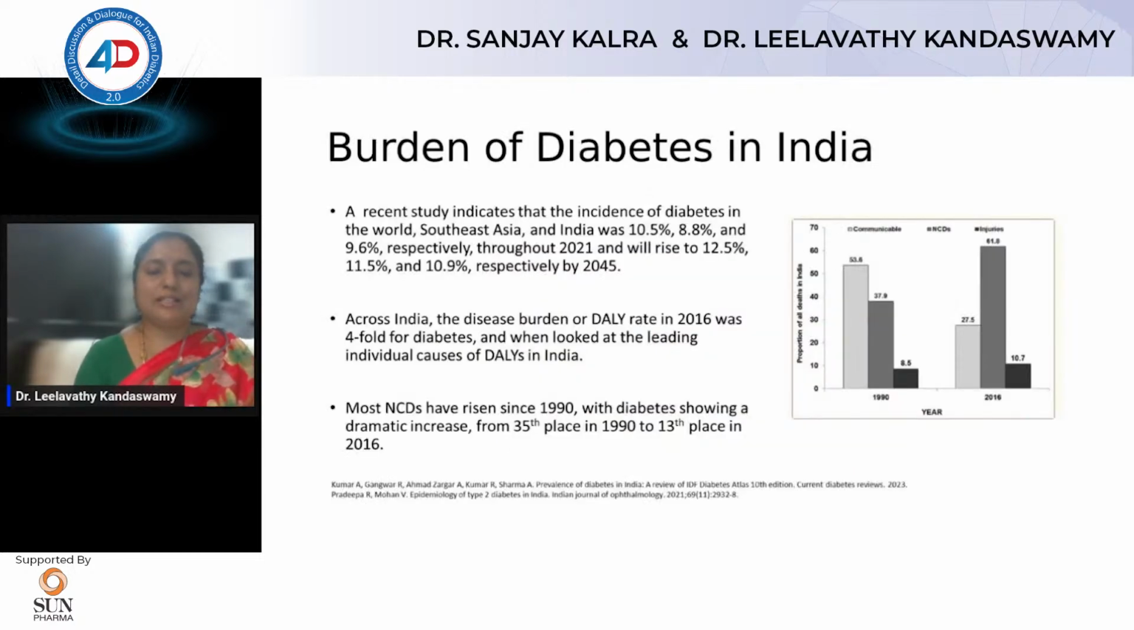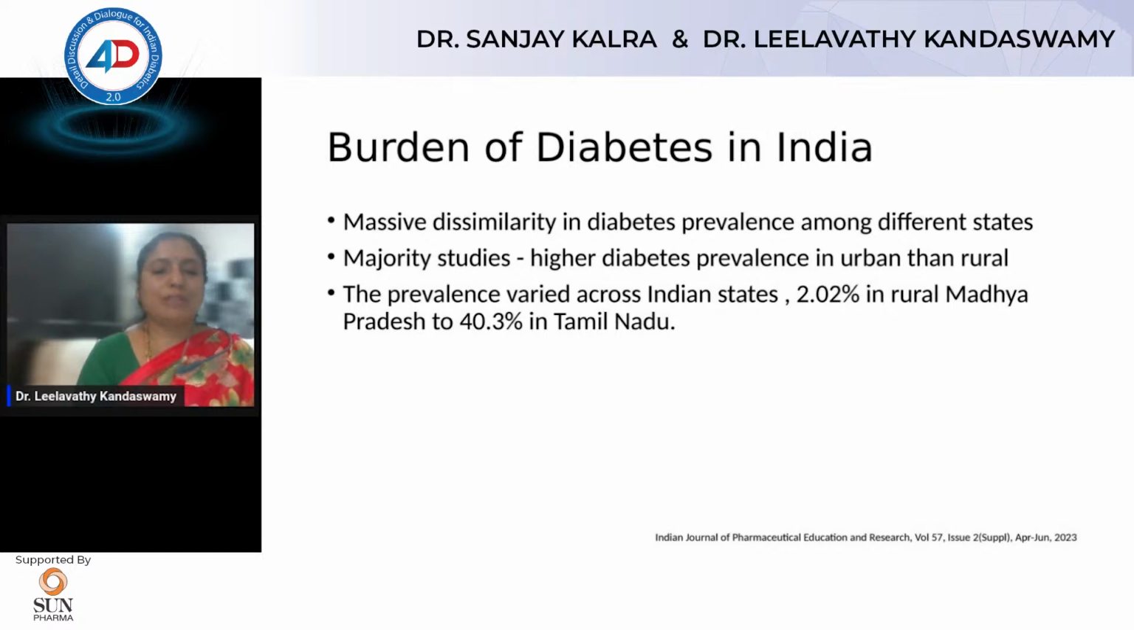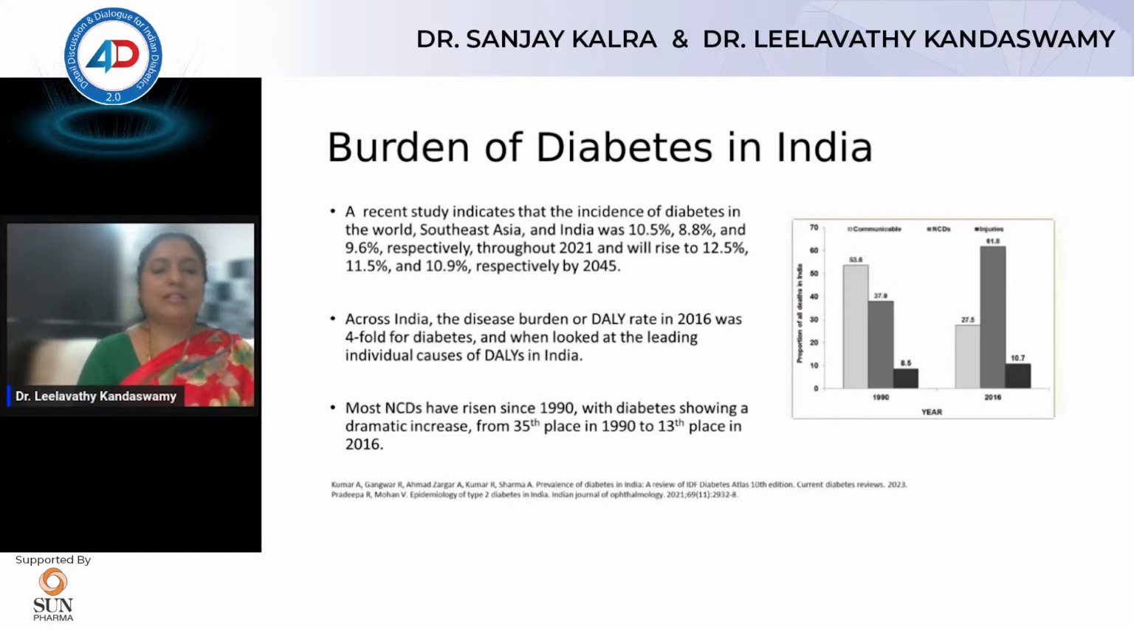So, the burden of diabetes in India: a recent study has shown that diabetes in the world, Southeast Asia and India was 10.5, 8.8, and 9.6%, which is expected to rise to 12.5, 11.5, and 10.9% respectively in 2050. If you see disability adjusted life years, it has gone up fourfold with diabetes from 2016. Most non-communicable diseases have also gone up since 1990, and diabetes has moved from 35th place to 13th place